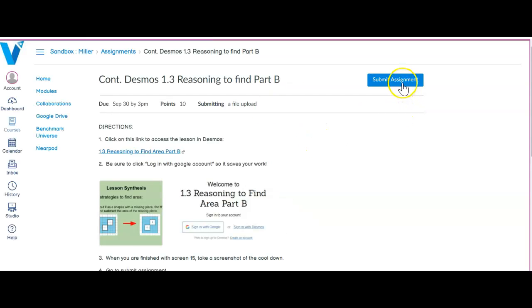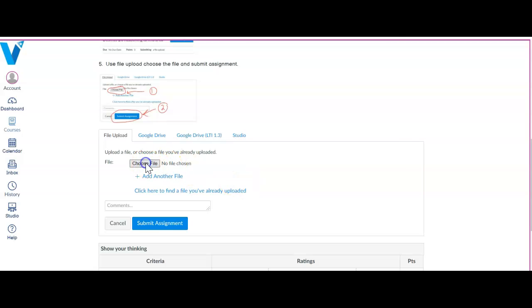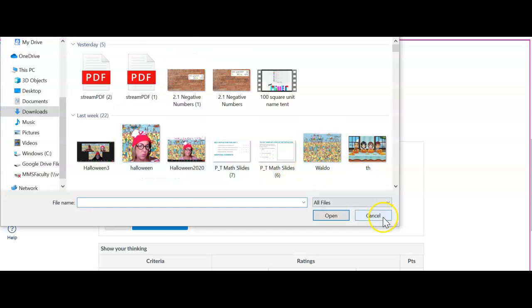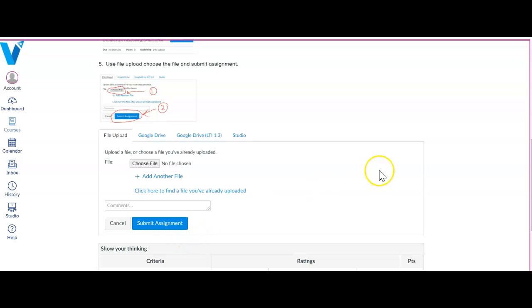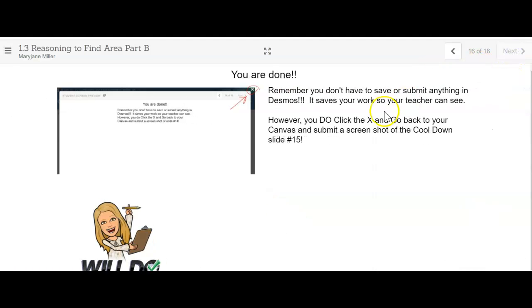So you'll come back here, you'll submit your assignment by choosing a file. You'll have to choose your upload and submit your assignment. And the last screen tells you exactly what to do. You're going to submit your cool down